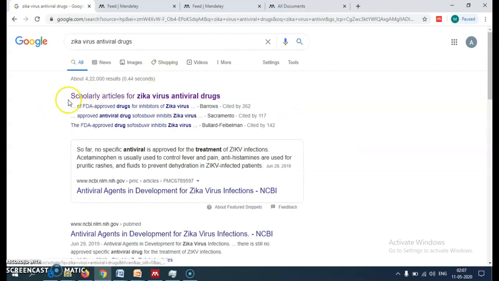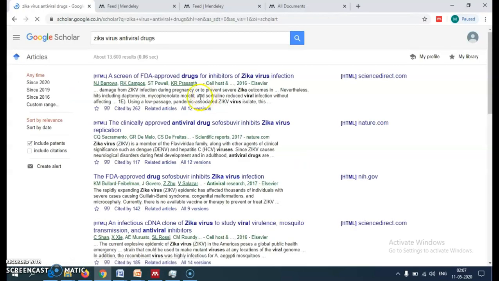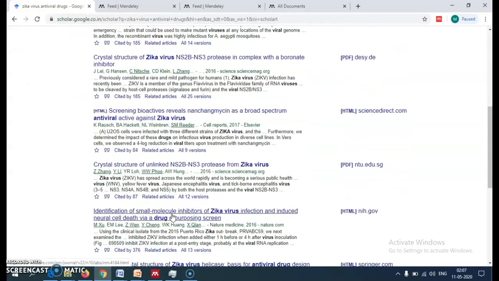Now see, it is showing scholar articles for Zika virus antiviral drug. If I want to see the research articles related to Zika virus antiviral drugs, I click, and these are the many articles available on Google Scholar.